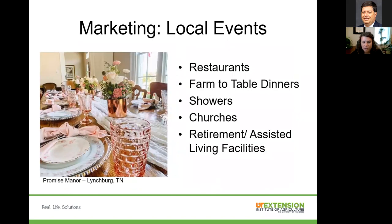Local events. So if there's a local event center nearby, reach out to them, see if you can be their primary flower provider and provide flowers for events that they're hosting, from showers to weddings even. Local churches might have events at their church, and they might want to purchase flowers. So just reach out to local businesses, retirement facilities even, and see if they would be interested in purchasing flowers